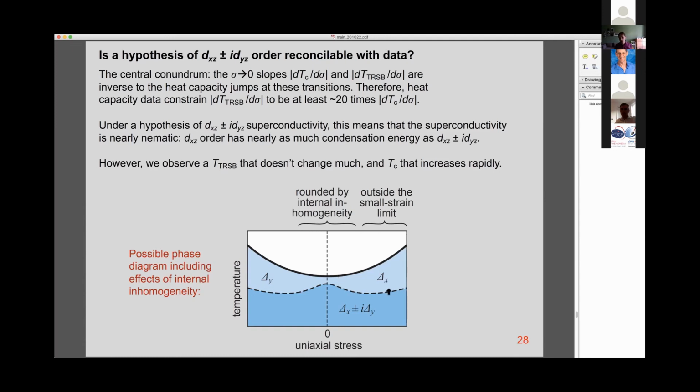As we go to high stresses now, we have this very strong quadratic increase in Tc associated with the approach to the Lifshitz transition. The approach to the Lifshitz transition is a very strong nonlinear change in the electronic structure of strontium ruthenate, and therefore we argue that at high stresses, linear extrapolations from the zero stress behavior do not apply. We are no longer in the low stress limit.